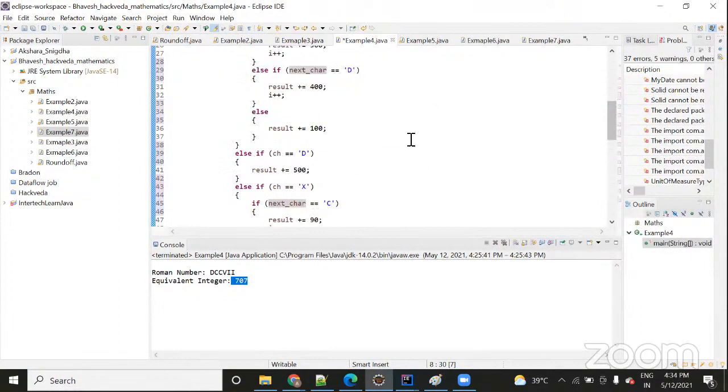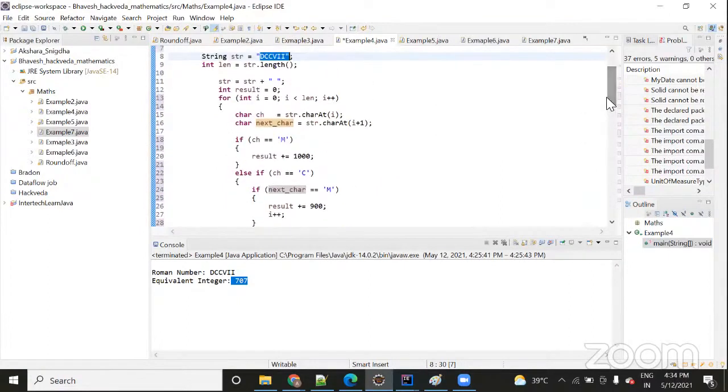When you execute it on your system, then you will understand. We are not incrementing the I value like that here; here I is incremented by I plus 1. Here I is equal to 0. First you will check for the first character, then the I value is automatically incremented here. So you are checking two characters now, that is D and C, at the same time. Are you getting what I'm saying? Yes.